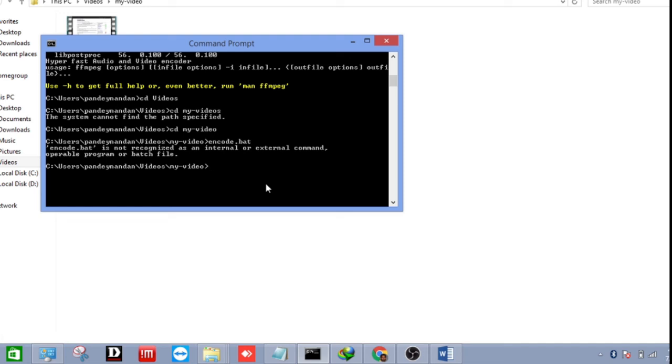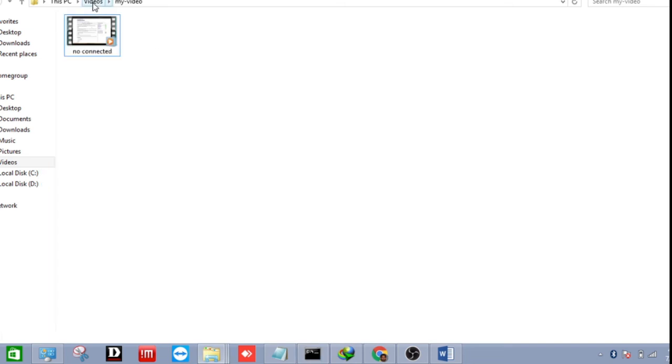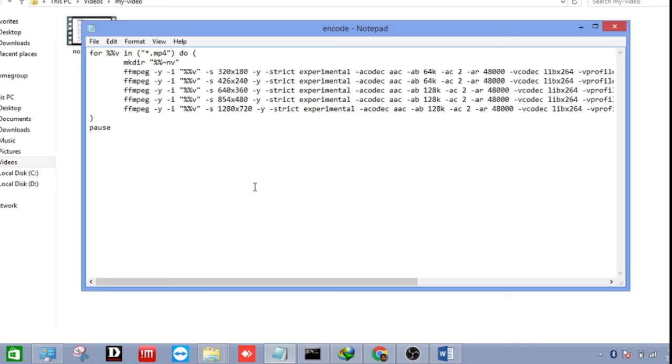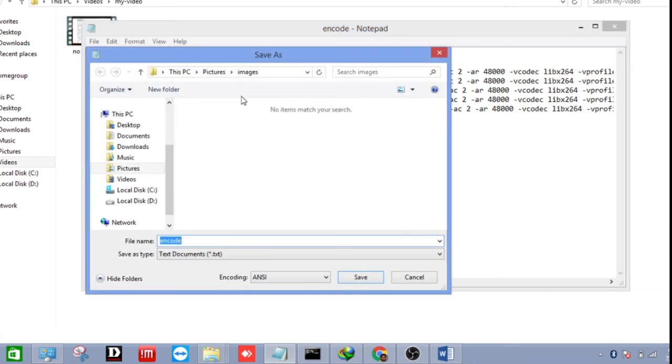Encode.bat is not recognized. Why is it so? My video is here, but I think my batch file is not present here. Where is it saved? I'm saving it again. Control S. I think, yeah, it is in the images folder, but I want it here.